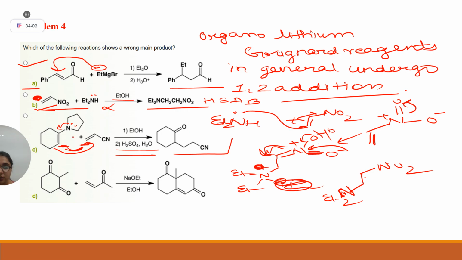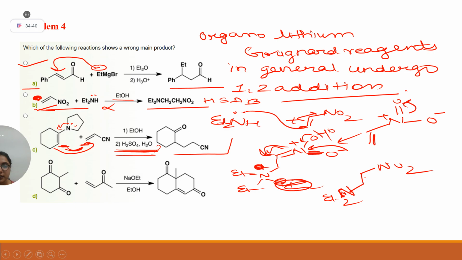Ma'am, actually, one more doubt. In this case, the iminium is getting hydrolyzed to form this ketone form. But what if the cyanide also gets hydrolyzed? There is also a chance that cyanide gets hydrolyzed to form carboxylic acid. Truly possible, because cyanide is known to show hydrolysis under these conditions. But as per the option and the reaction, in preference the iminium ion will be hydrolyzed, because we don't know the exact conditions of the reaction. How many equivalents of H2SO4? But you are right, it is also possible. We have to see here as per the option.